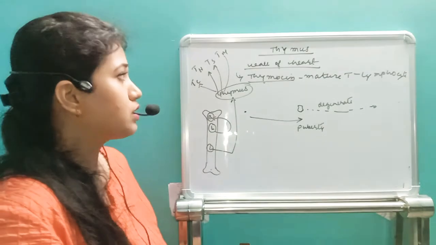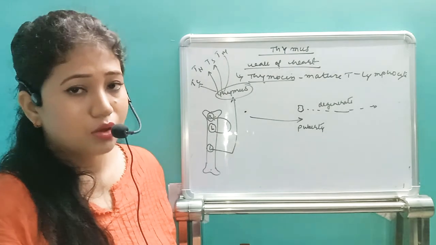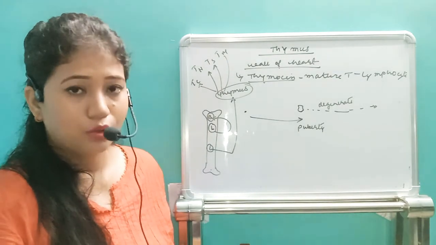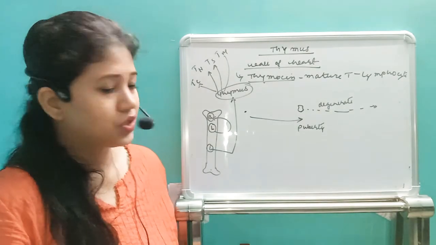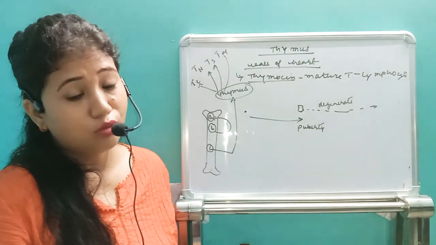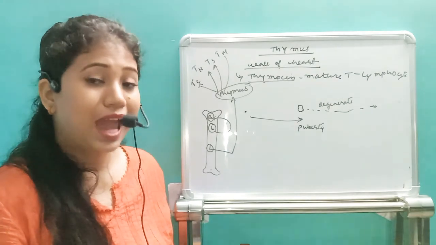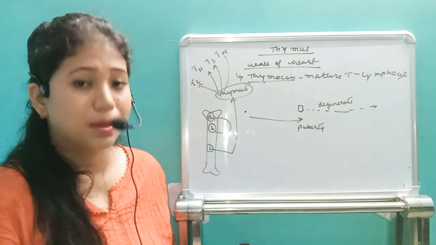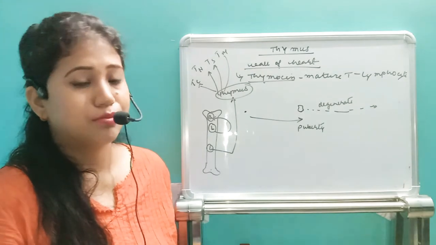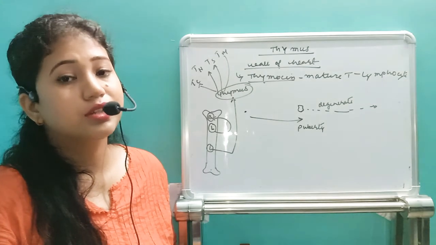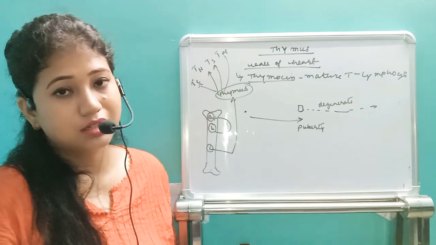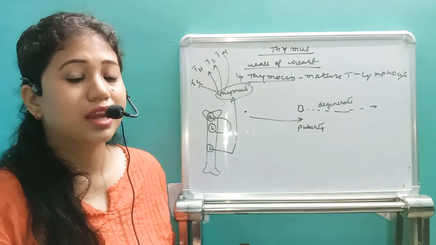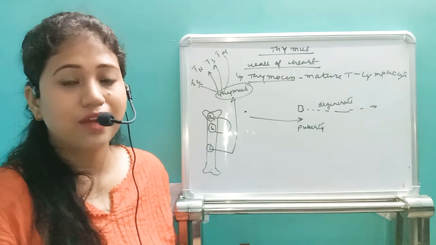So remember, this is the only gland which starts to degenerate after puberty. This is the thymus gland, which secretes the thymosin hormone, which helps in the maturation of the T lymphocyte into cytotoxic killer cell, memory cell, helper cell, and suppressor cells. So these are all the hormones secreted by the hypothalamus, pituitary gland, pineal gland, and thymus gland. Up to this we have discussed.